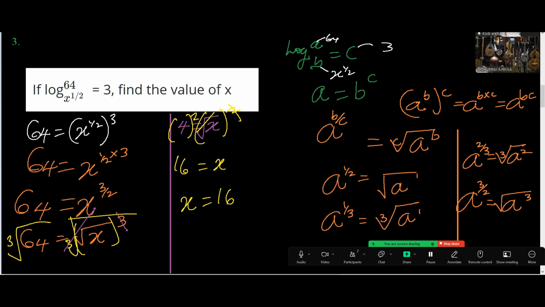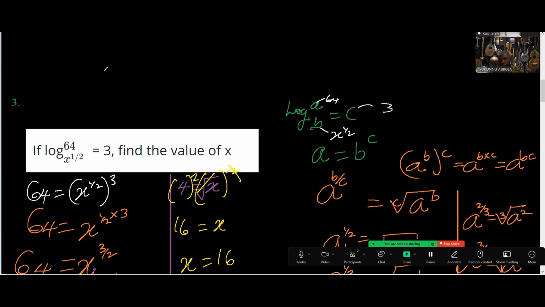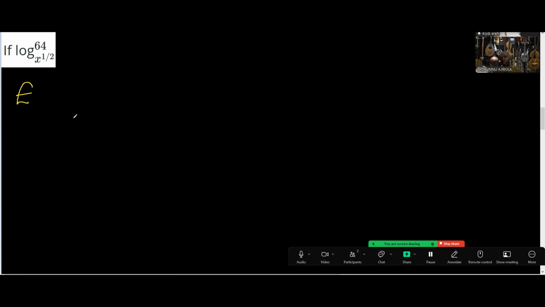And we can verify our answer if x is 16. Let us try to solve this and see if it's going to give us 3, because they said it must be equal to 3. Let's put x to be 16. The question is simplify, or not simplify this time around, evaluate, because we can find the value. The value is 3 at the top. Is that clear? And it's 3, but we want to work it out and see if it's going to give us that 3. So evaluate